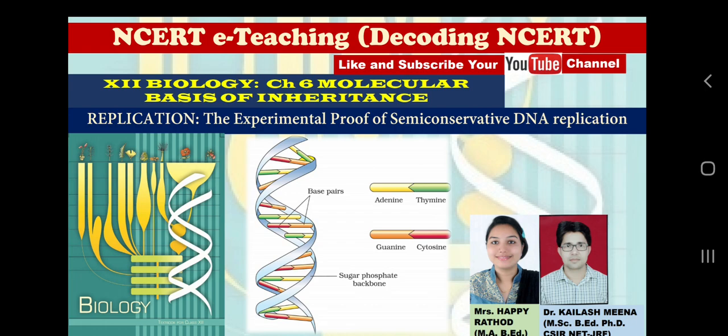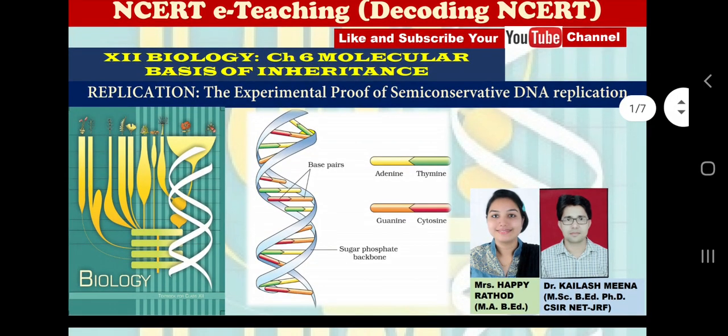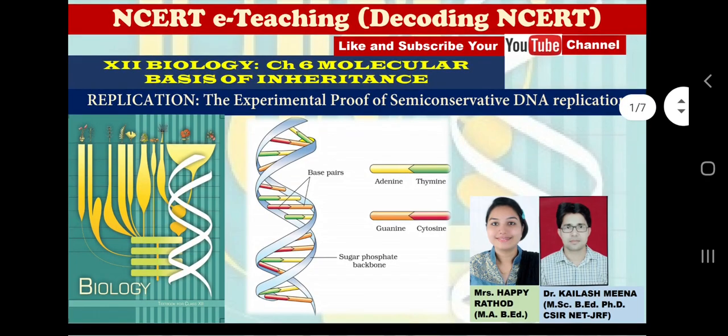Then we have discussed the history of DNA, the experiments which have proved that DNA is a genetic material. Then we have learnt about the function of DNA and the connections of DNA with RNA and protein. The very important function of the genetic material, the DNA, was that it was able to make its own copies during the cell division.